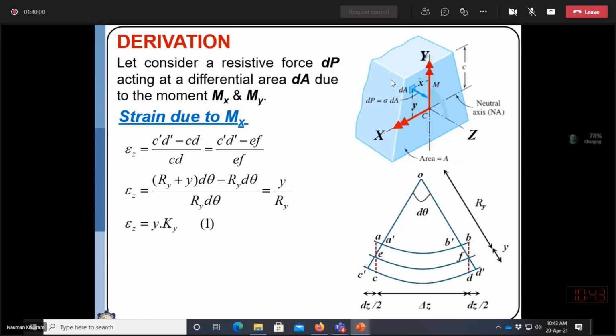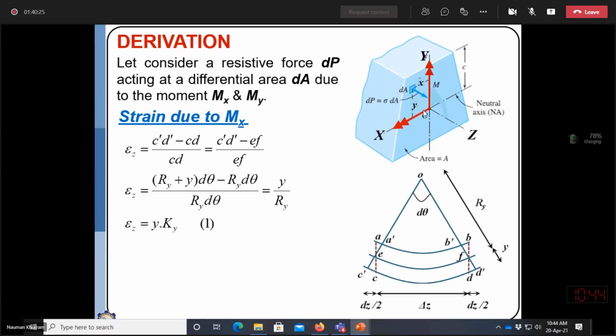So you may assume that it is subjected to a moment. The moment may be a biaxial moment, maybe acting in this particular direction. If you want, I can show a vector over here. So it might be subjected to an inclined loading. Due to the inclined loading, a moment vector might be acting along this direction.